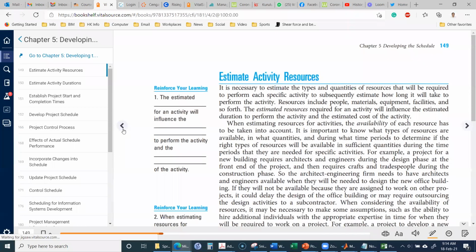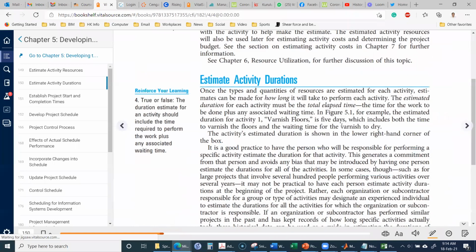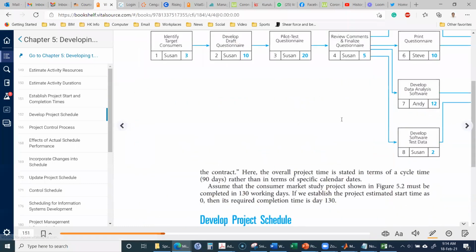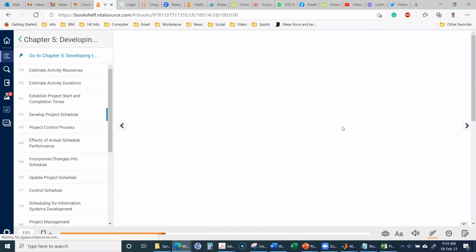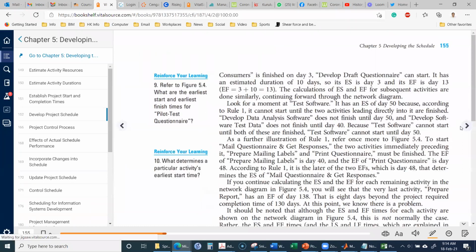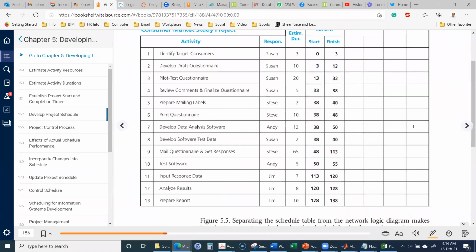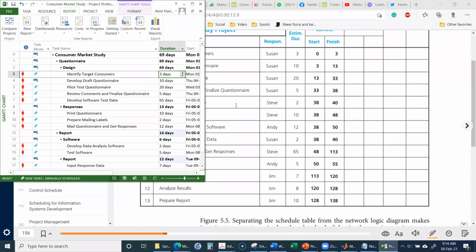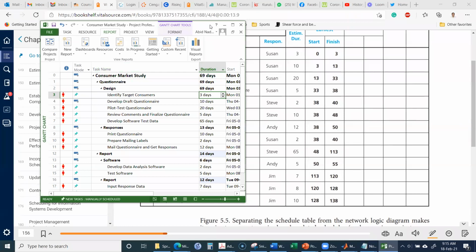I think it was given on activity durations. The data was given somewhere here. Yes, so here. Yeah, maybe I should use this data, okay, over here. So for example, here it was said that